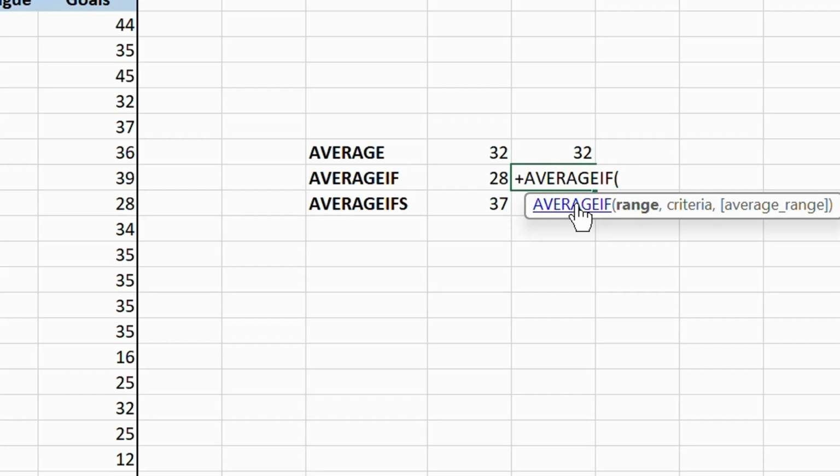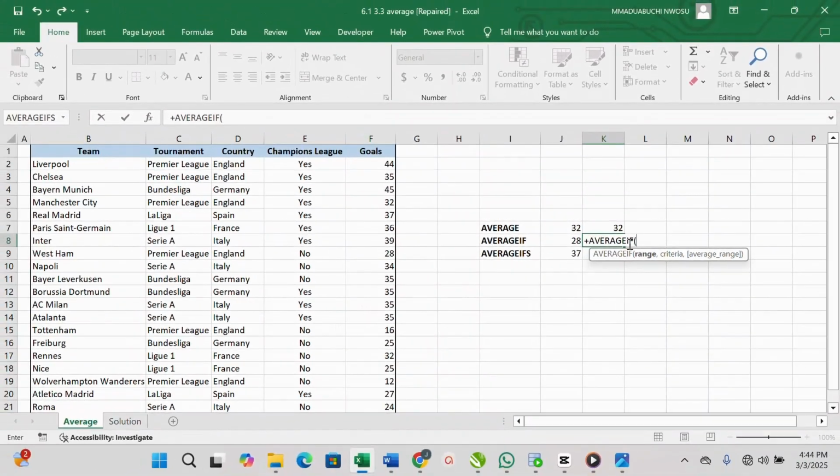The second one is plus sign average if. Now, in this average if, what you need to do is you are looking for those Premier League teams, the goals average for just the Premier League team alone. Your average, you are locating for your range. Remember, you are selecting it. F2 is your range. Your range is from tournament, C2 dot dot C21,